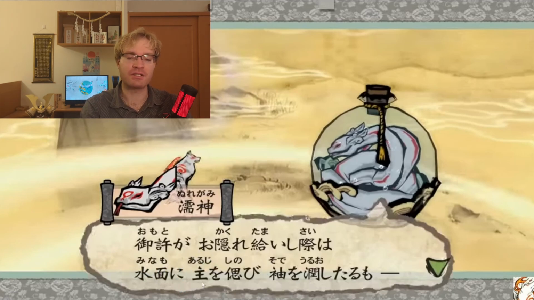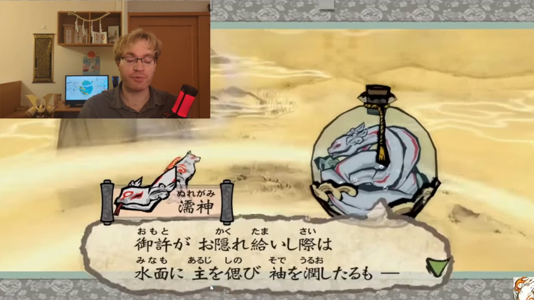So aruji means my lord, like lord or master or something like that. And then o is the object denoting particle. This denotes the object. Now, what's the object? Object of a sentence, if you don't remember your grammar lessons from back in elementary school. An object is the part of the sentence that receives the action. So, for example, the example that I tend to use is: the dog eats food. The subject of the sentence is the dog. It's the thing that does the action. Eats is the action. And then food is the object of the sentence. It is the thing that is having the action done to it, okay?